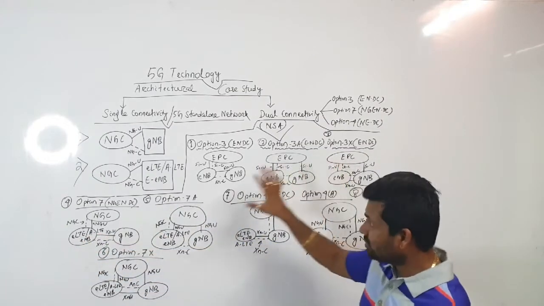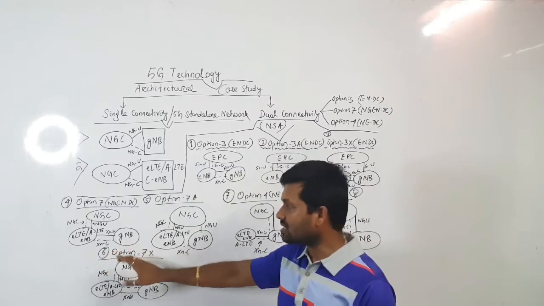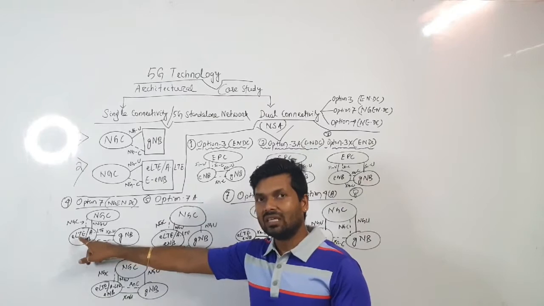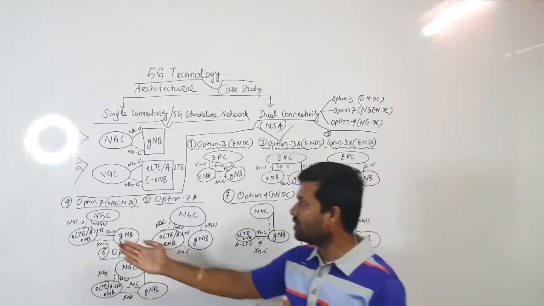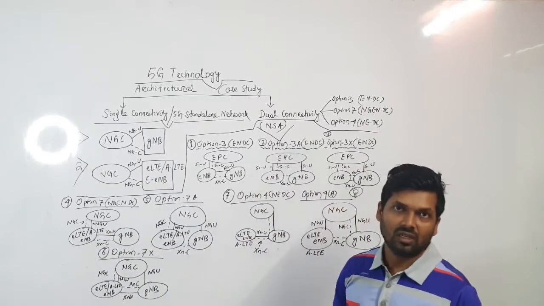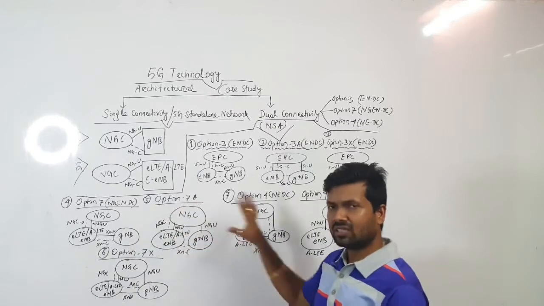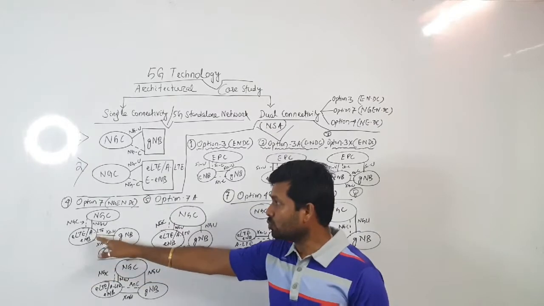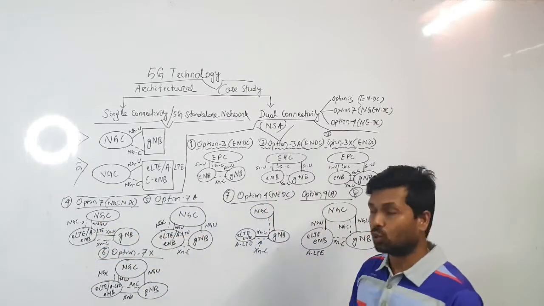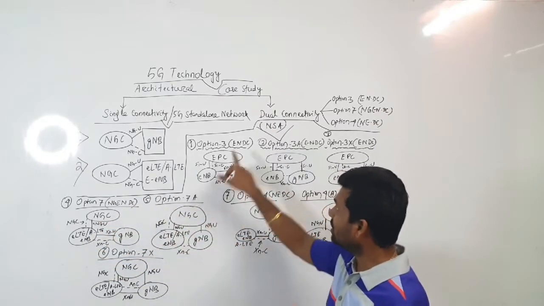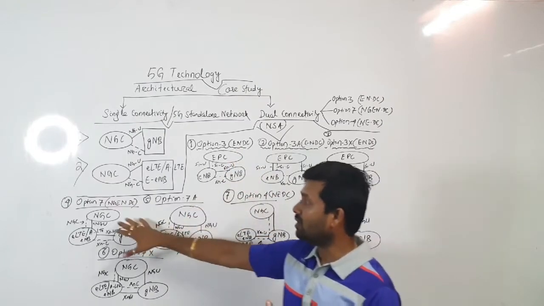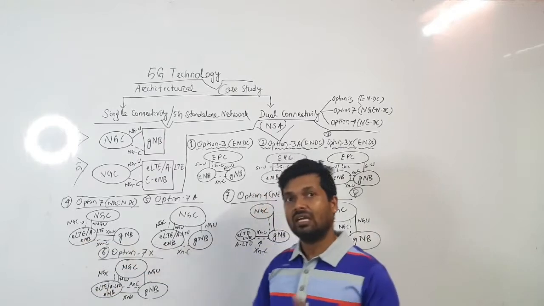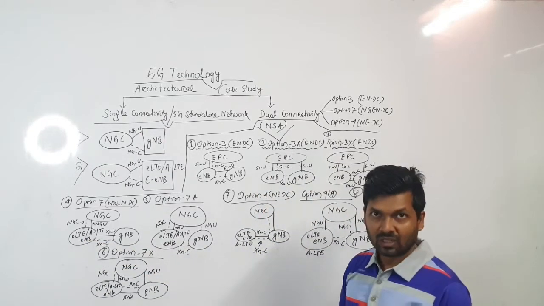So the same thing will be replicated here, except the master node changes from E node B to ELTE, or evolved LTE, advanced LTE or next generation E node B. Everything is the same, only this E node B is now the advanced one, which is supported by the new generation core. So in option 7 we don't use the EPC anymore. We have the new generation core, but the master node in this case is the advanced LTE node.